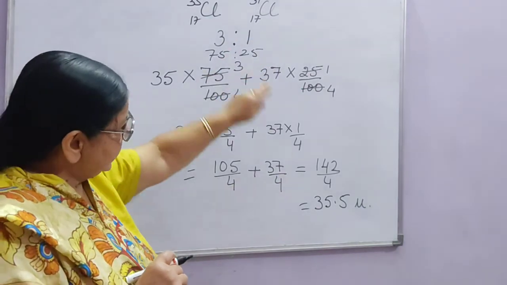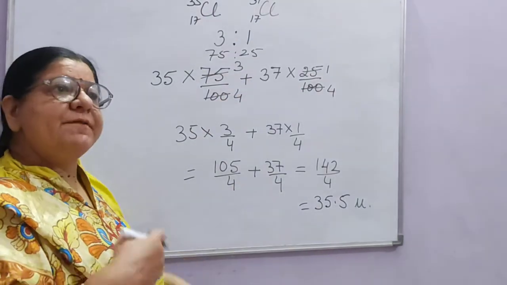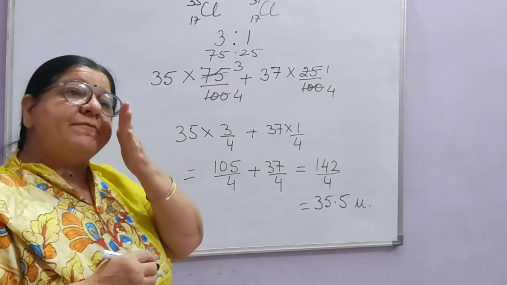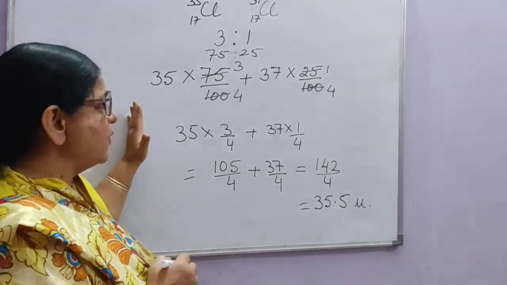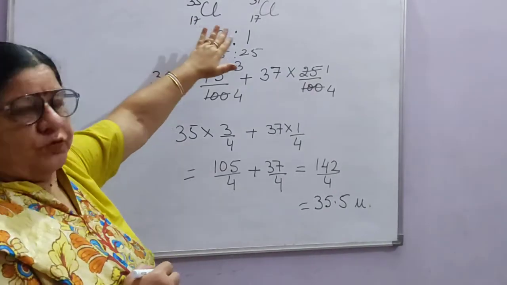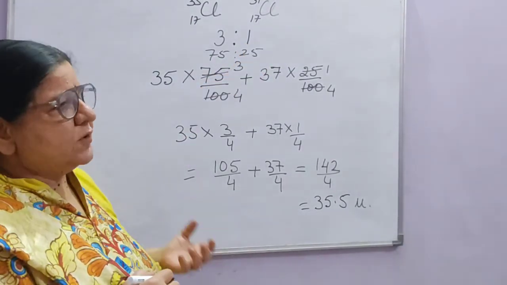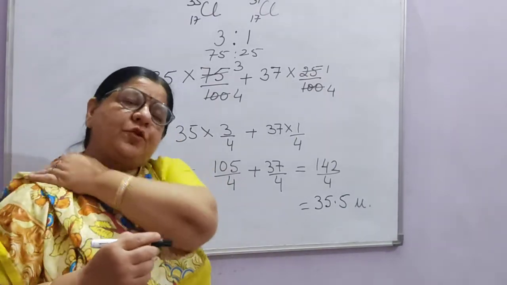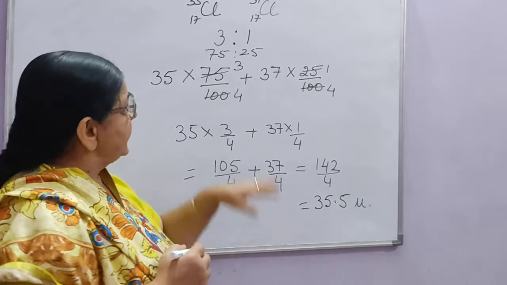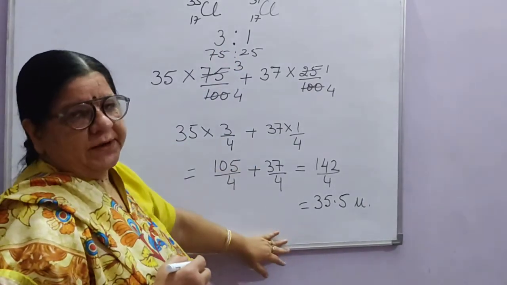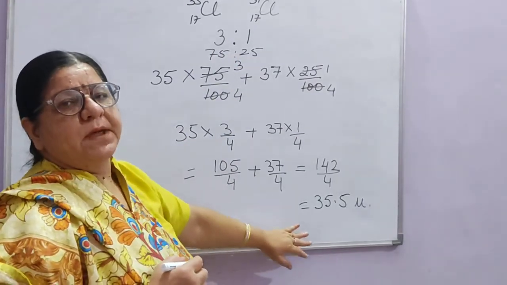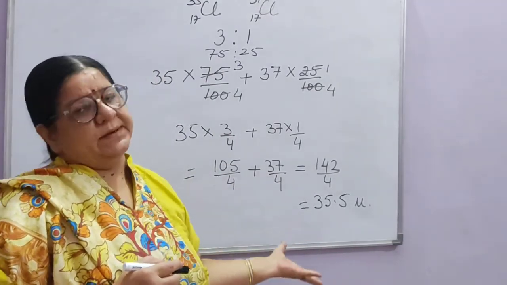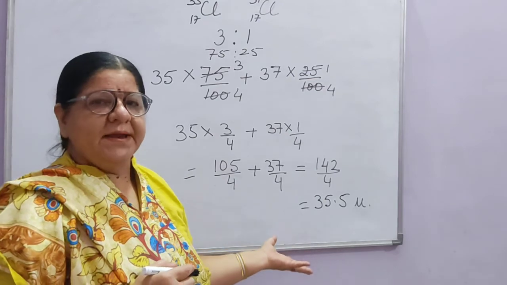So this is how we calculate it. Whenever we have to find the average atomic mass, this is how we calculate. We should know the ratio, right? In exams also, if you are asked to calculate the average atomic mass, the ratio will be given to you, right? And then you can easily calculate the average atomic mass, or maybe the percentage is given to you and then you can calculate it, right?